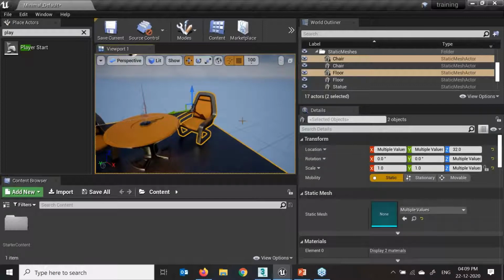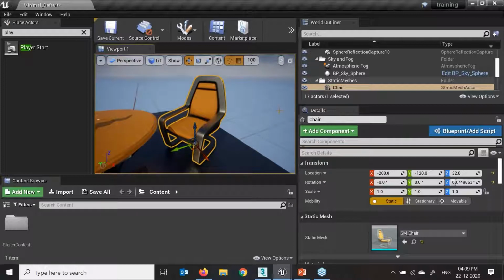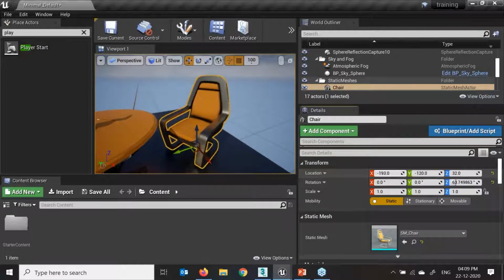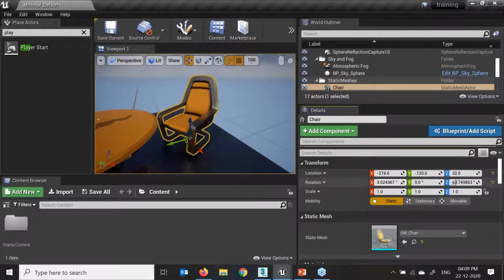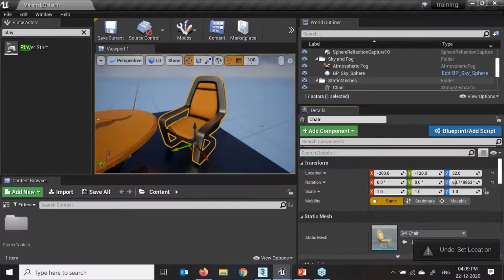Rotation fill. I'll just select my chair as of now. Press F to focus on the selected. The rotation fields have a unique ability to be used as a slider. If I use the slider, I just select it and use the slider over here. So move, rotate and scale, we can easily slide how much scale, rotation and transform will be required.